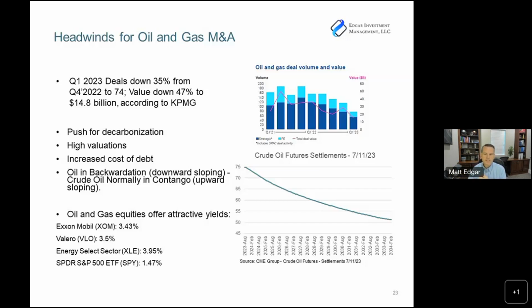In fact, if you look at the S&P energy sector, we use a proxy, Energy Select Sector XLE. It's a 3.95% dividend. Compare that to the S&P market-wide dividend of 1.47%. So if you're a value investor, oil and gas probably continues to be a place that you want to